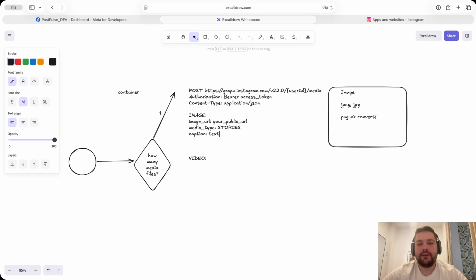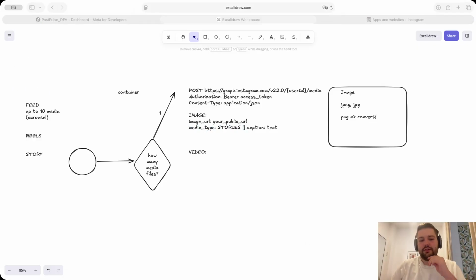This is your text, right? This media type or captions, I would say they are exclusive. So either it's a story. If it's a story, there is no place for a caption, because there is no caption for stories, right? So then you need to set your media type. If it's any other feed post, you don't need to set anything here. Then you can just add your captions, right? So this is your